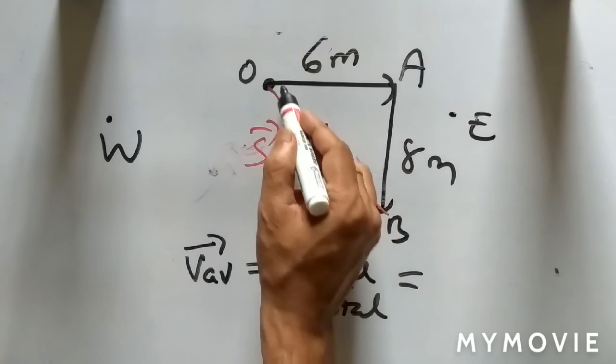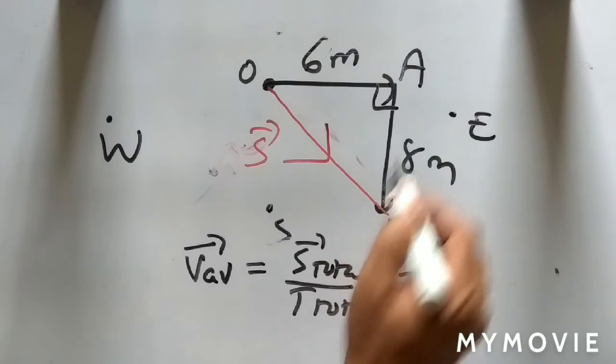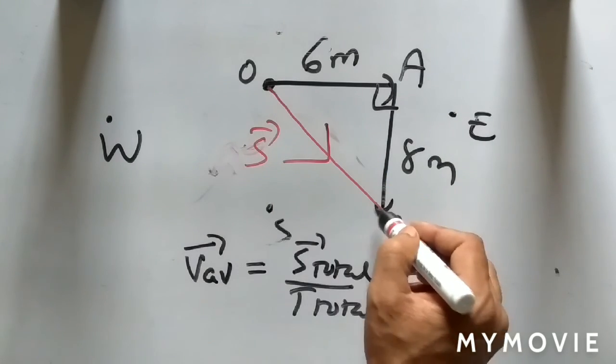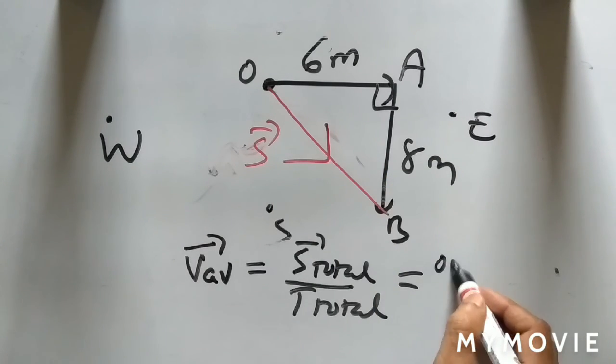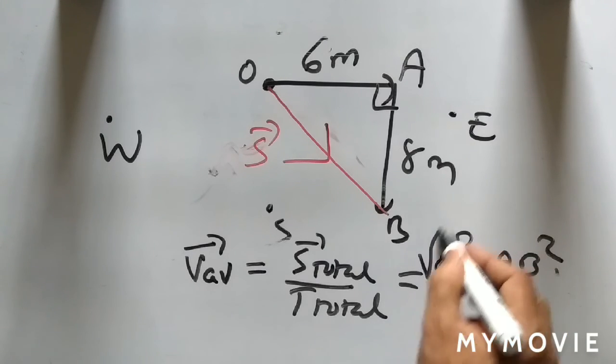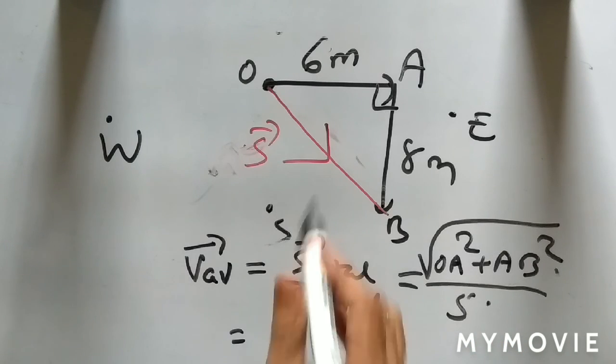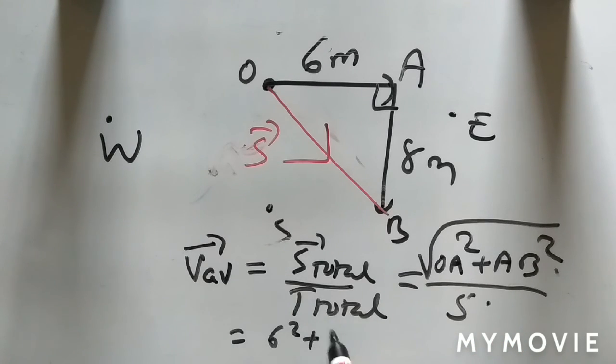Okay, so now we will find the average velocity. What is average velocity? Average velocity will give direction, so direction indicates the vector quantity. So average velocity is the total displacement by total time. So what is the total displacement? I had told in class number 2, displacement is nothing but the shortest path between initial and final point.